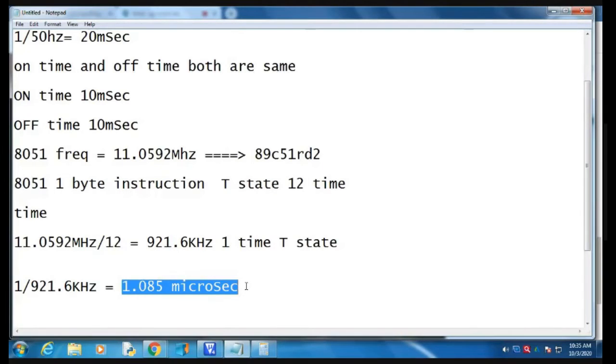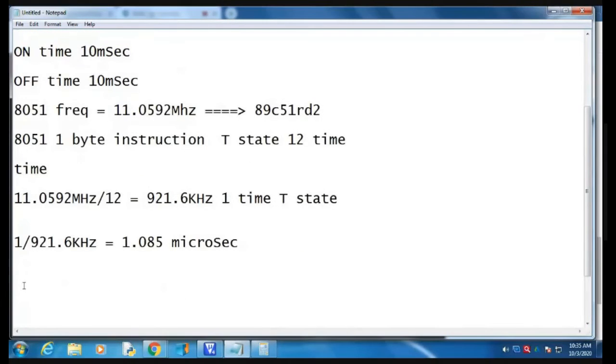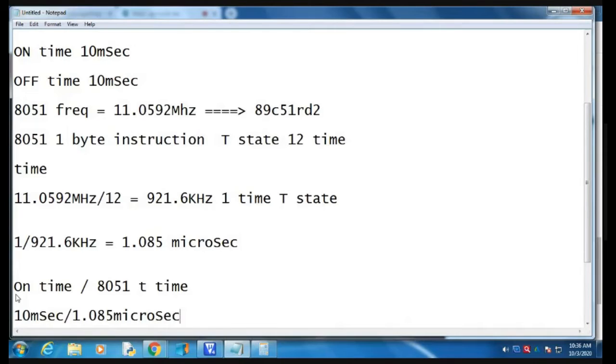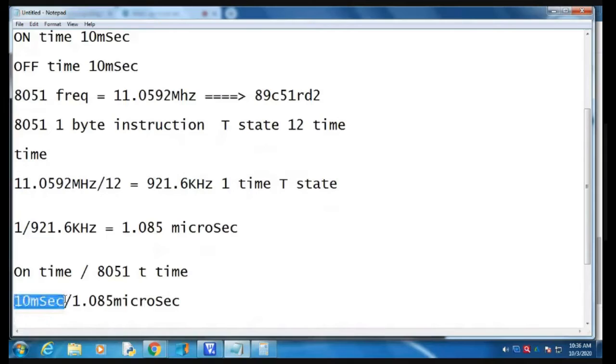So I define the on time period divided by the 8051 T state time period: 10 millisecond divided by 1.085 microsecond.